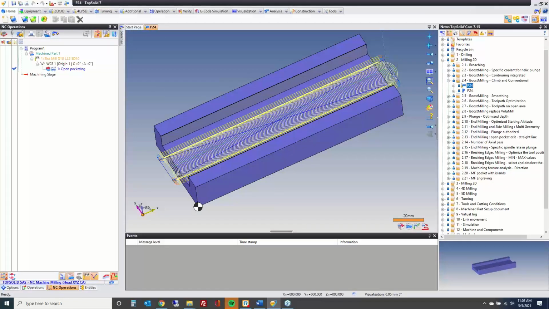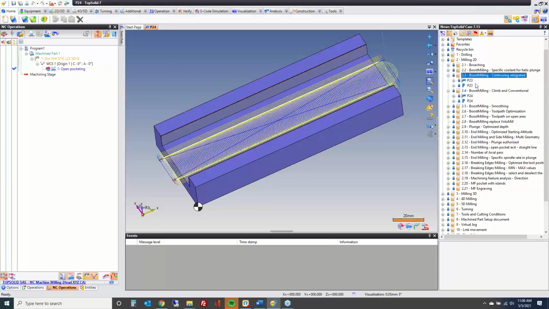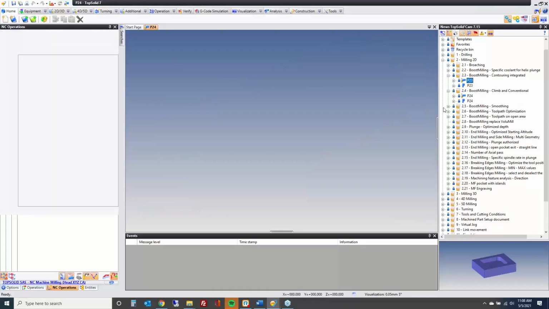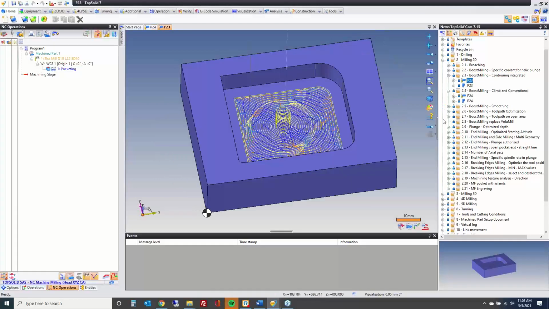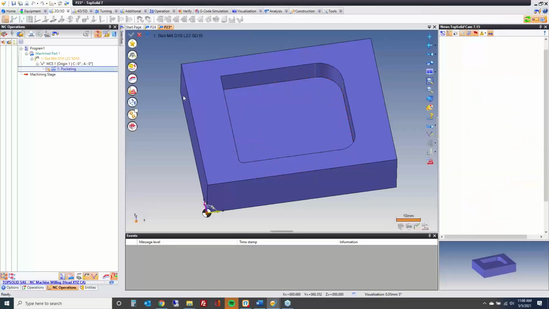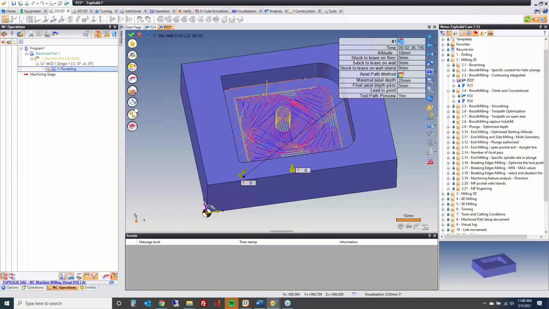Okay, hold on one second. I see a question pop up. How does it finish the floor with contouring integrated? If we go back to this, it depends on what you set the operation to. This is doing boost to 0, because again, it's just a demonstration. Unless it's a high tolerance part, you're probably roughing first and coming back and finishing second anyway. If you are roughing and going straight to finishing,